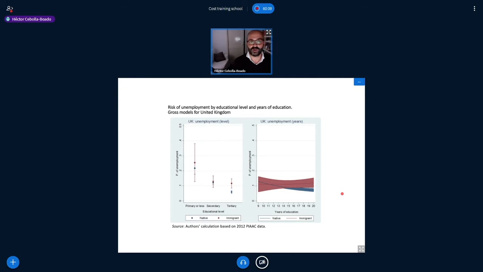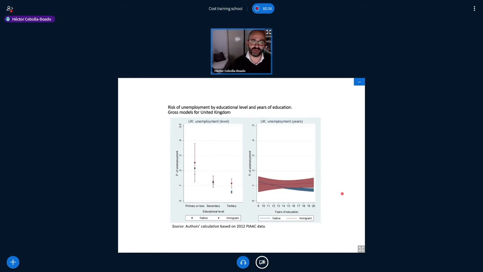So regardless of the fact that the context of unemployment in the UK and Spain is very different, we see a very clear pattern that actually happens to be very similar to the Spanish one. So, two very different labor markets and a very similar pattern of disadvantage among migrants and natives